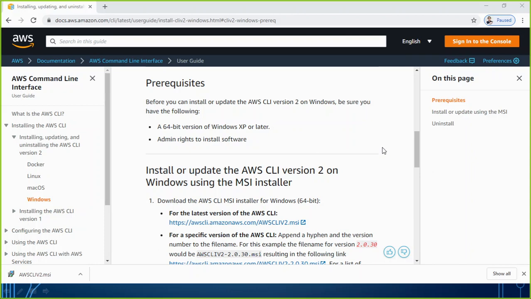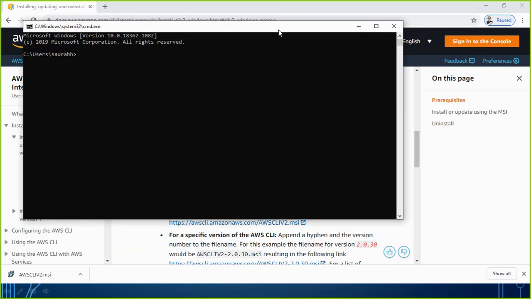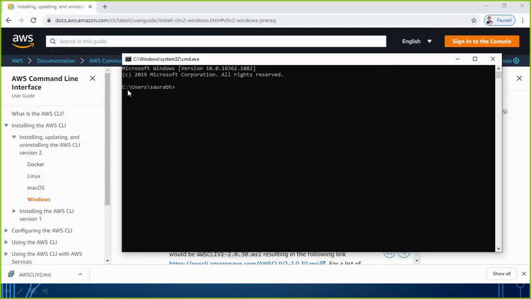Done. Now we can simply open the command line. This is the command line of my Windows machine. You can see C:\Users\Saurav. Now if you want to test whether it has really installed, or if you want to see the version, you can run a command: aws space hyphen hyphen version.